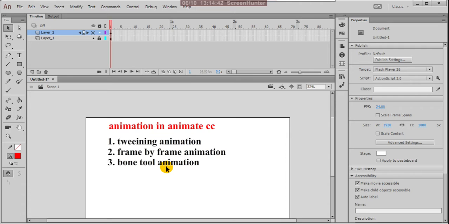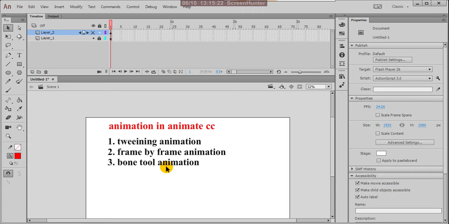So actually the bone tool has some limitations. Only a few actions you can create. There is an armature, you can add the bones, the skeleton, and you can operate a few actions with this bone tool. You can do animation, but it has limitations. But in frame by frame animation, there is no limitation. However you think, however you plan, however you want dynamically, you can do it in frame by frame animation. So that is the reason the person must have good artistic talent.